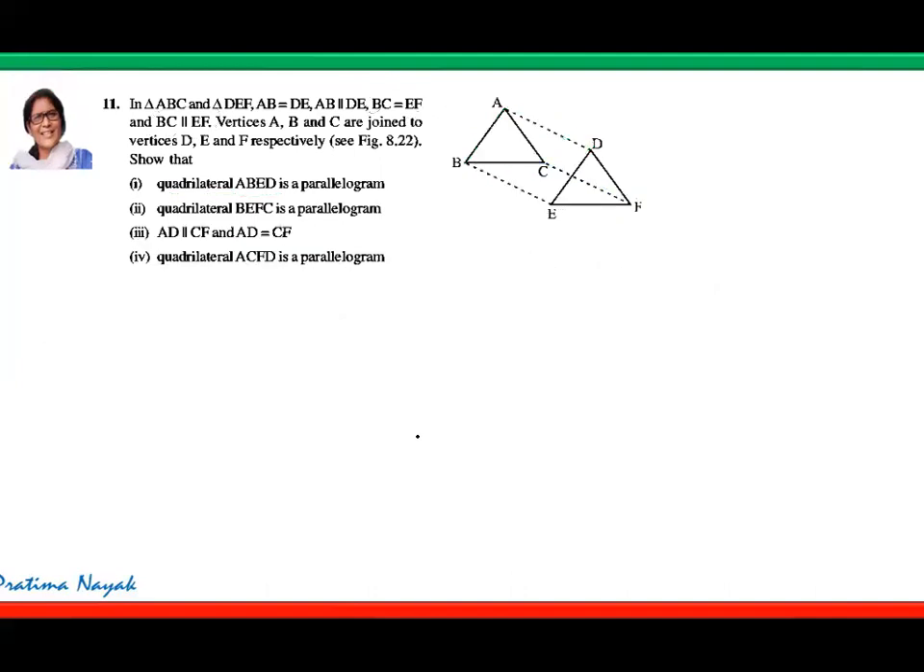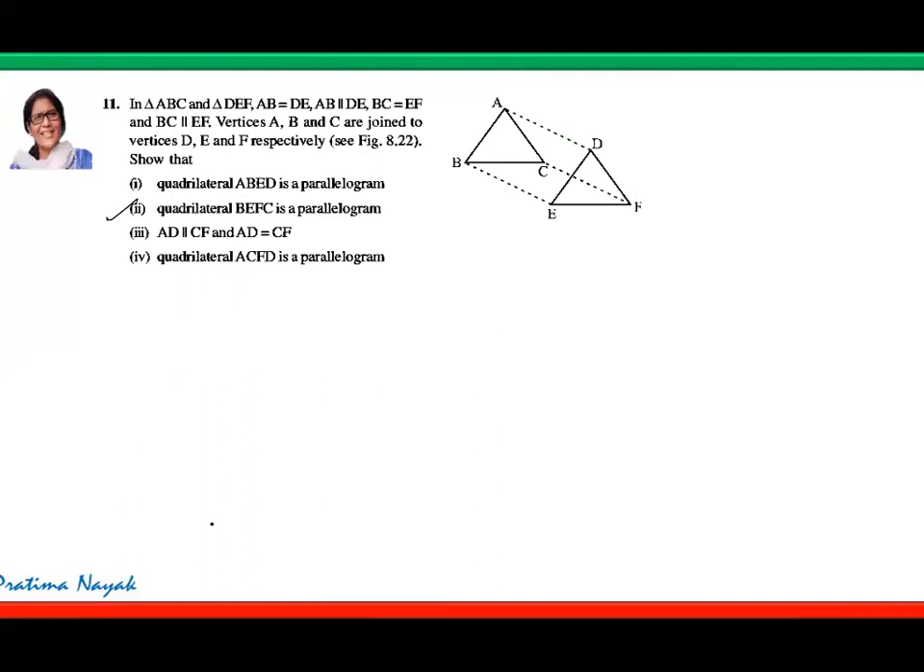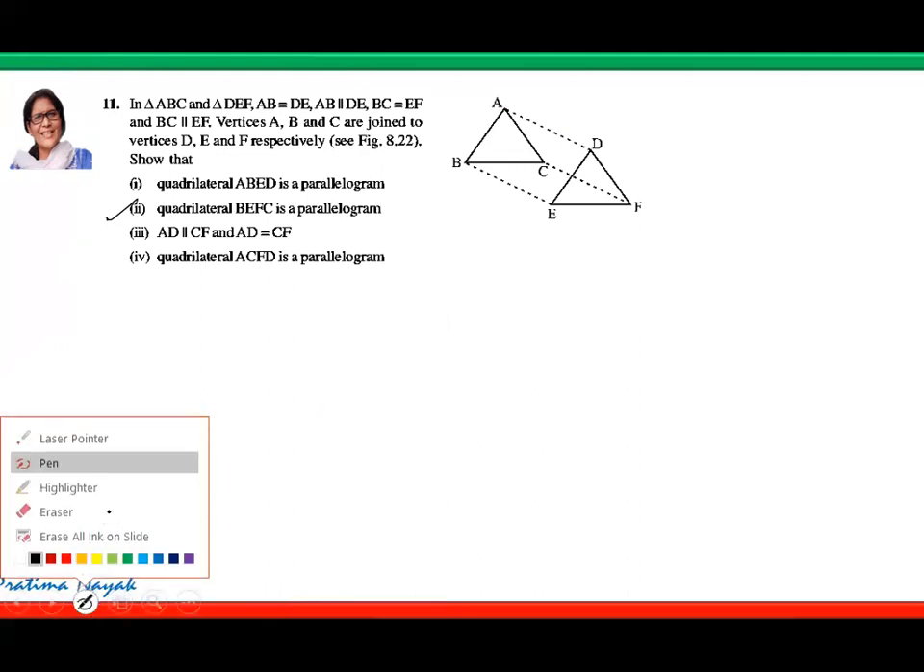Proved. Coming to third part. Now you have to show that AD is parallel to CF. You will prove that ACFD is a parallelogram. Same condition. So what have we proved? We have already proved that